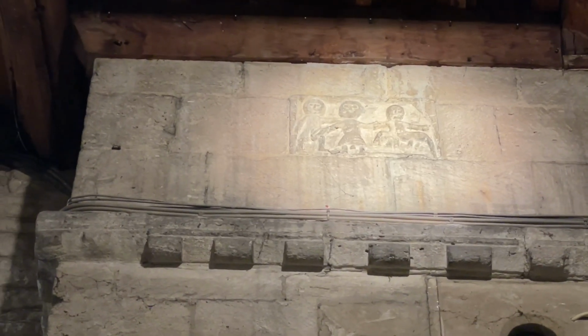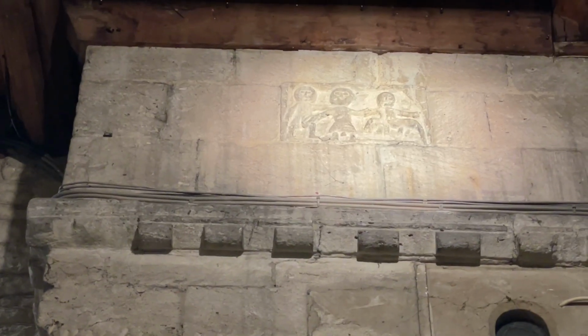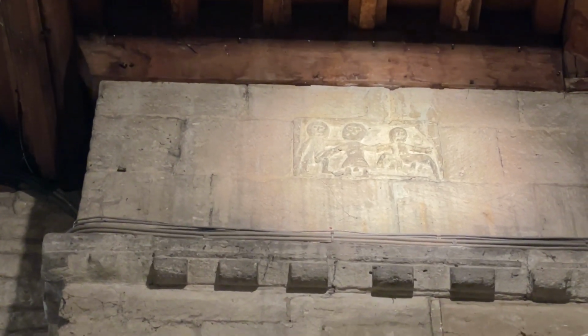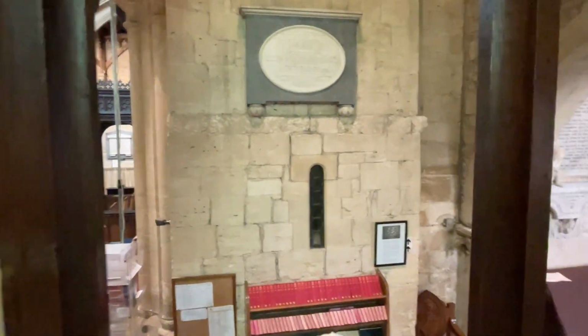It's actually located up in the ceiling in this tower right near the roof, and you can see it there, the figures dancing, pre-Christian, about 100 AD. And this tower itself probably predates most of the church, possibly Saxon,